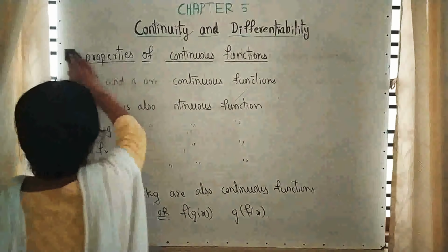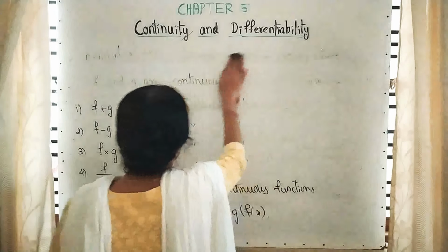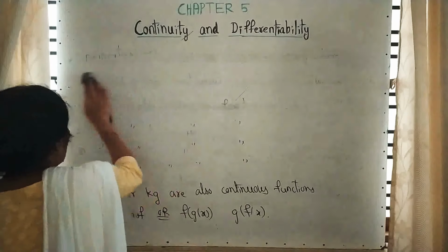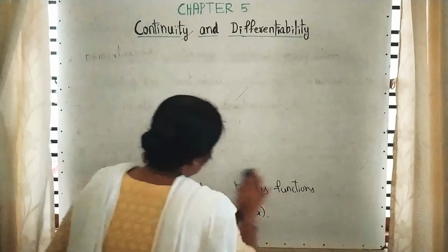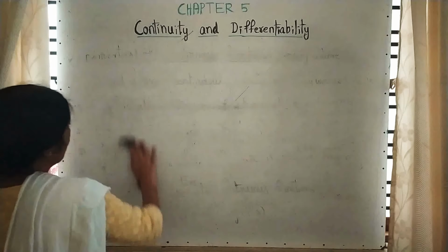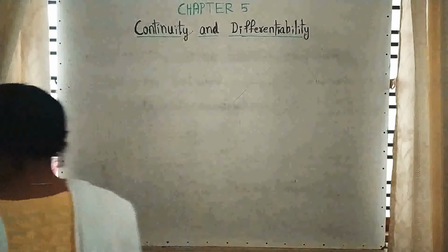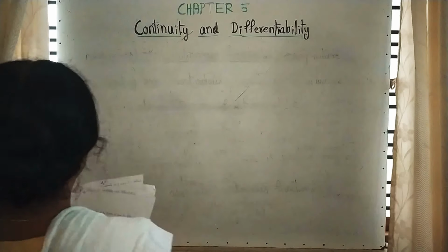Now I am moving to the examples. Before going to exercise 5.1, I will give some questions to make you perfect. I will give some questions in continuity. For continuity, if you are familiar with limits, then it is easy. Limits were already studied in the first year. So first question,